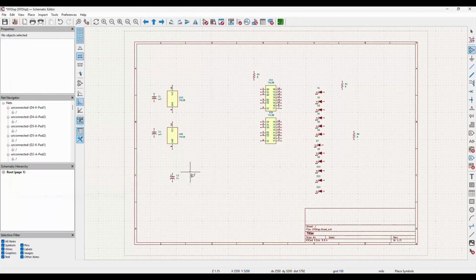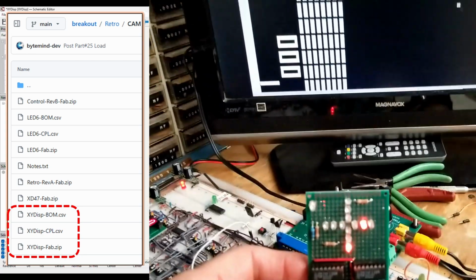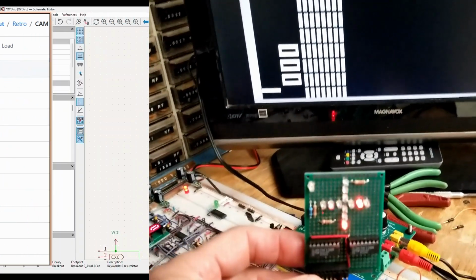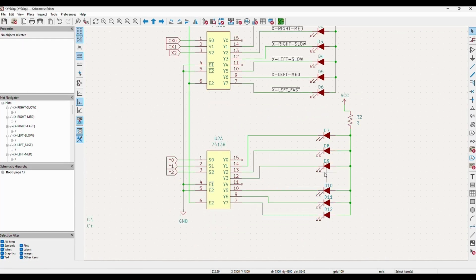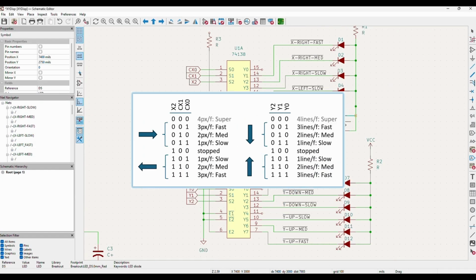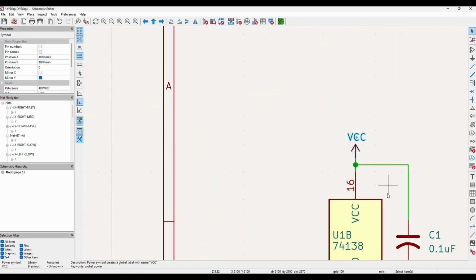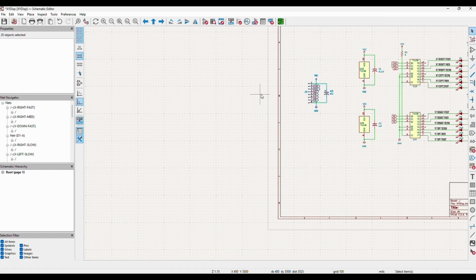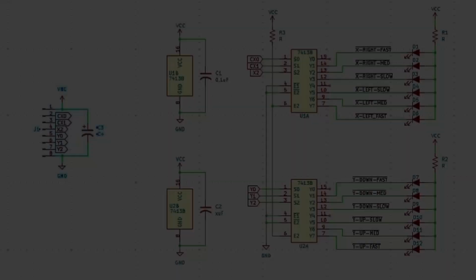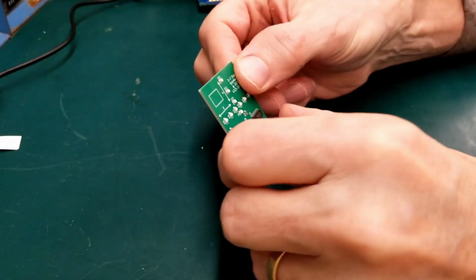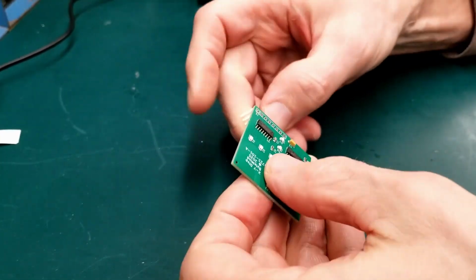The last widget I created is this XY display for ball motion like we had for the breadboard. This just uses two 74138s to demux the ball counter load bias lines and mirrors our motion chart from part 8. We only need one current limiting resistor for each axis because only one LED is lit at a time. Once again, I just had JLC do the whole thing, and all we need to do is add a connector.